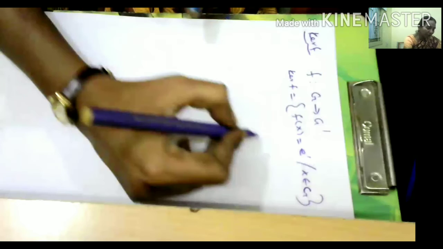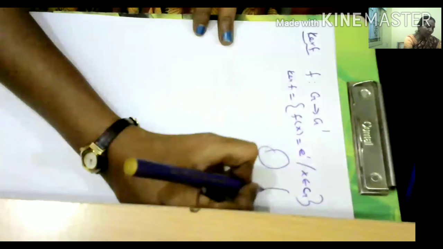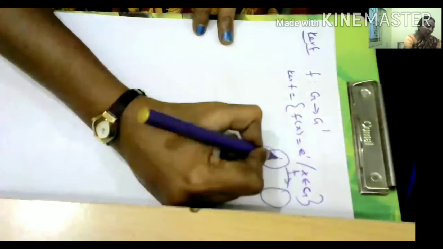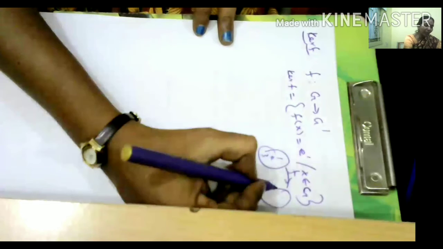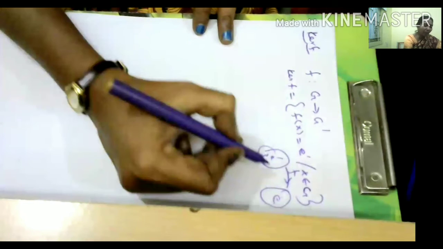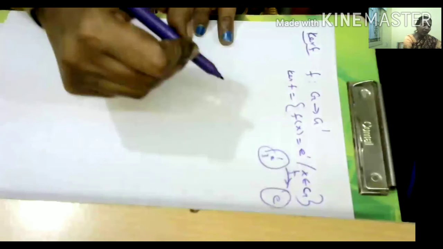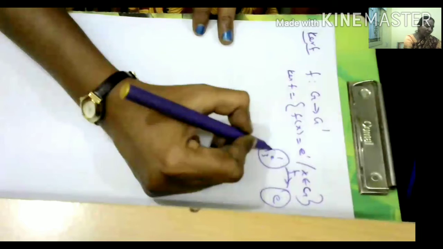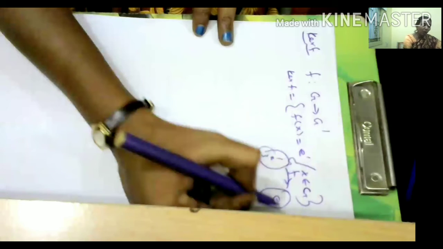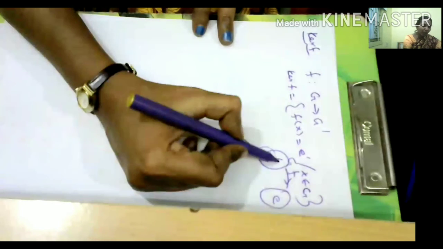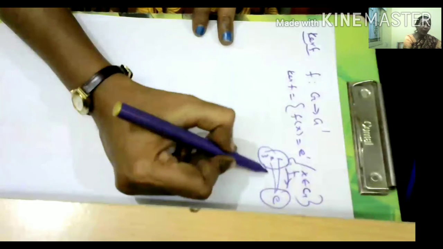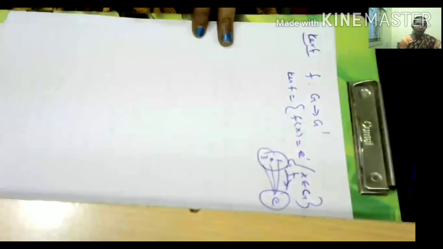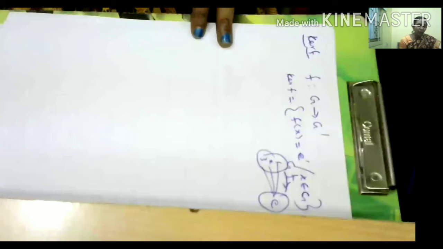So for example, this is a set and another set, and F is defined here. For example, 1, 2, 3, anything, here means the identity element or any set. The set may contain more elements here also. So this is G, this is G dash. All the elements from capital G are mapped to the identity element of the second set. So this is the definition of kernel F. Kernel F is actually a subgroup of capital G.